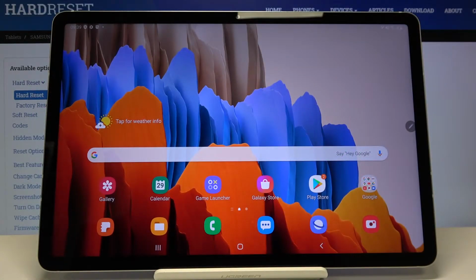Hi everyone, here we've got Samsung Galaxy Tab S7 and let me show you how to change video quality on